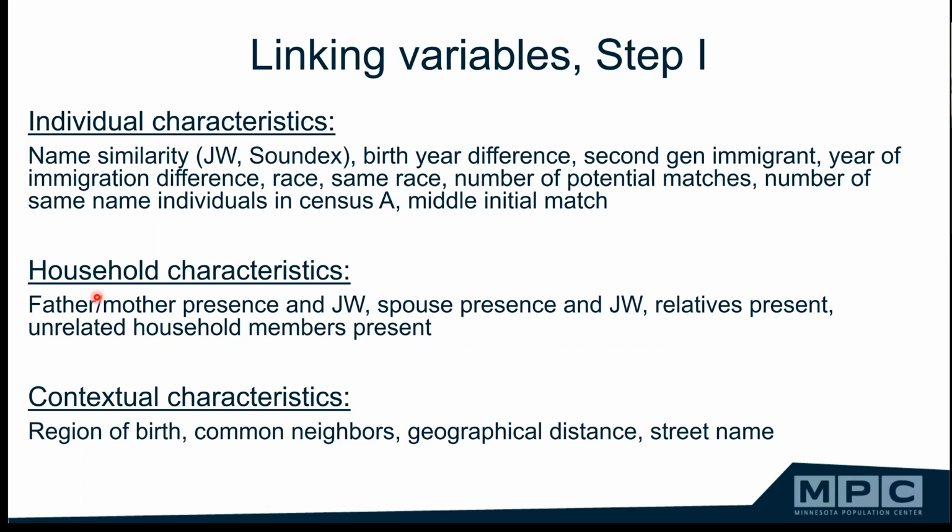So about the street name and so forth. We also measured the geographical distance between the 1900 individual and the 1910 potential match. The street name variable takes the value 0 if there is no street name in both records, or if it doesn't match. So it only takes the value 1 in this case if there is a match on that variable.